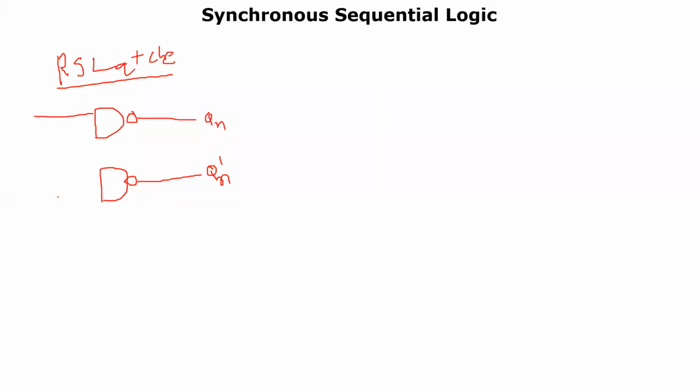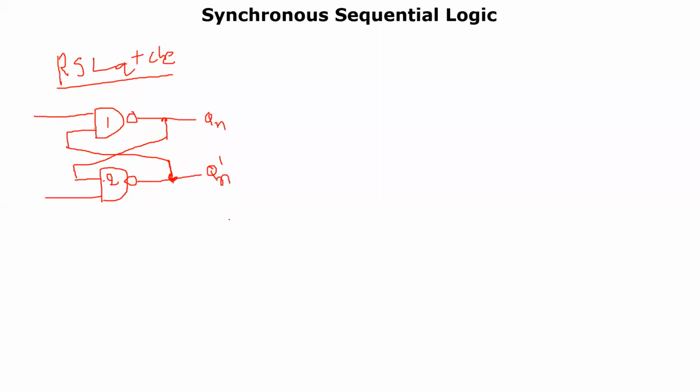Then two inputs must be taken by this RS latch. The output of this sequential logic plays a vital role in sequential logic. So the output gets connected something like this. This is the way to connect the output here. Output Qn complement will be connected to this gate. Let me consider this as the first gate and this as the second gate. For the first gate, Qn complement will be connected. For the second gate, Qn gets connected.